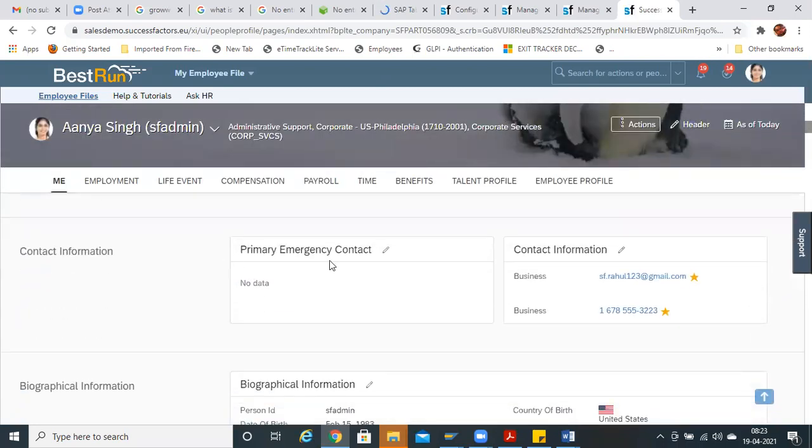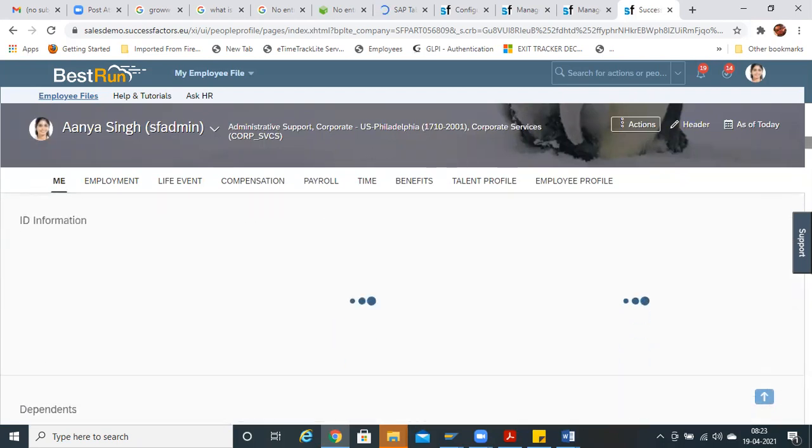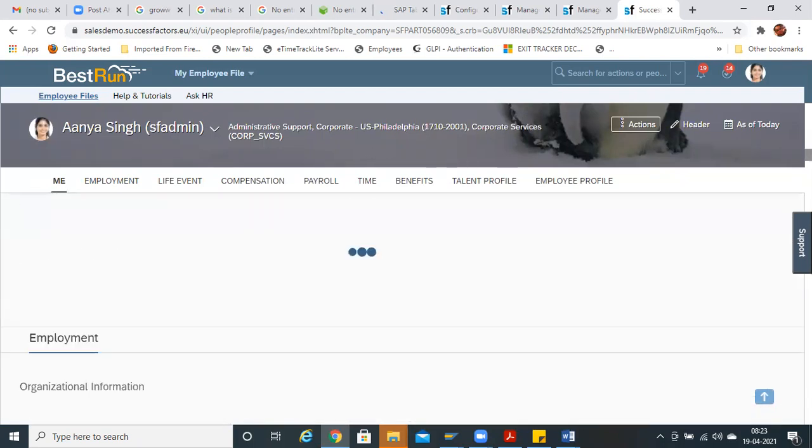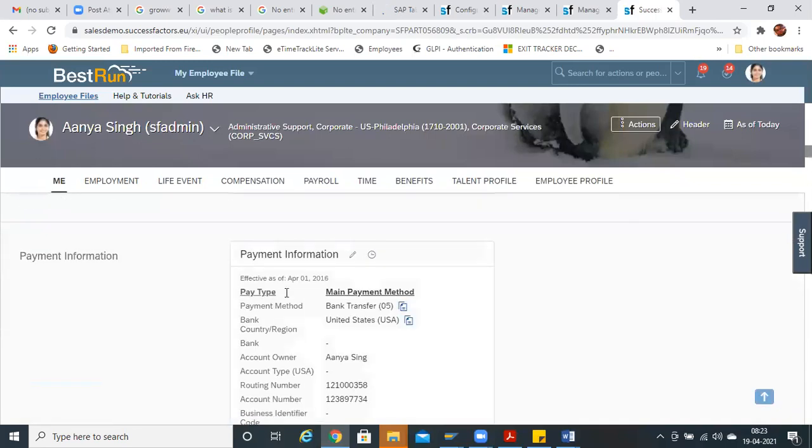Like you can see here, any custom MDF objects or anything. For example, there is payment information. This is an MDF object, payment information to bank transfer. Basically, MDF objects like legal entity and so on will be mentioned in job information, basically employment and so on, what legal entity is the employer.